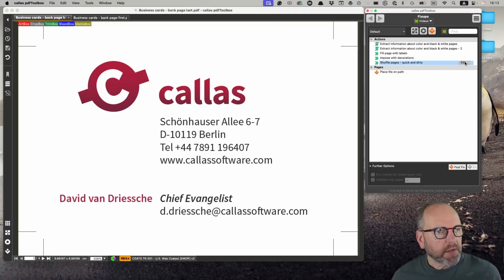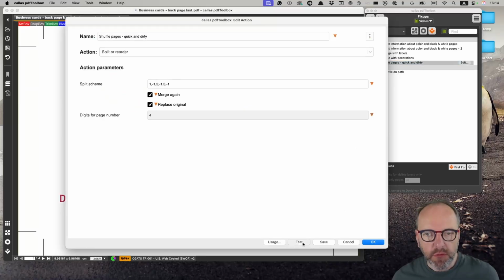So remember that I have my input document here: front, front, front, back, and I want to shuffle those pages so that they are okay for an imposition afterwards with business cards. So I want to end up with front, back, front, back, front, back. And we built something that can do that in a very quick and dirty way by